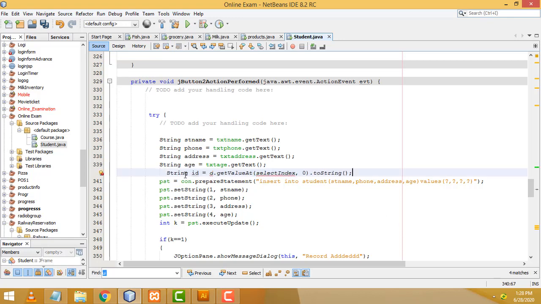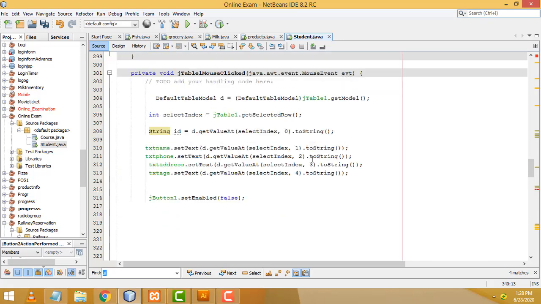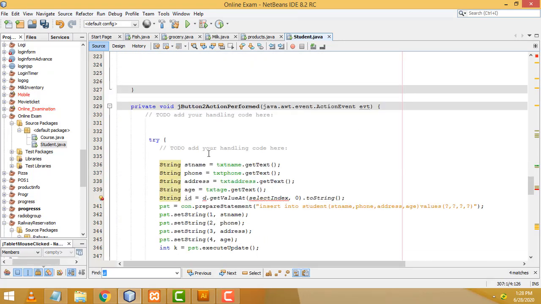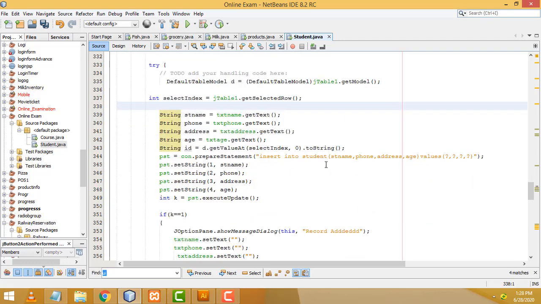So we have to write ID here, right? This one also we needed: selected index. This is Control C to copy. This is all the stuff we needed, right? Selected index, only for ID, right? Okay, we have to write this code. We have to complete it. We have to change it to update.